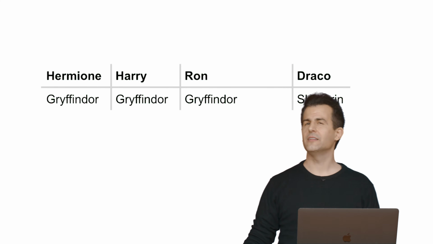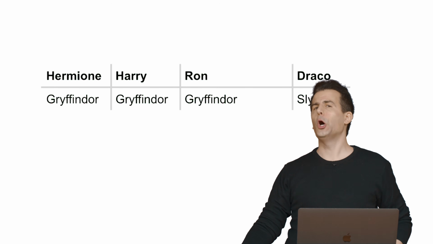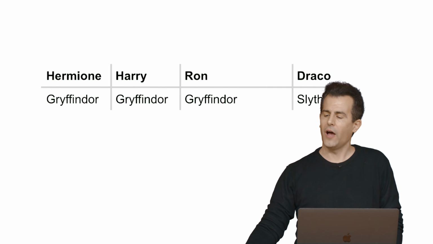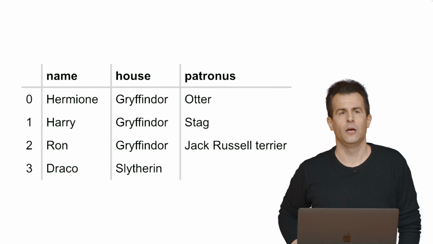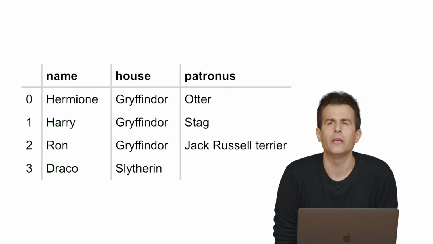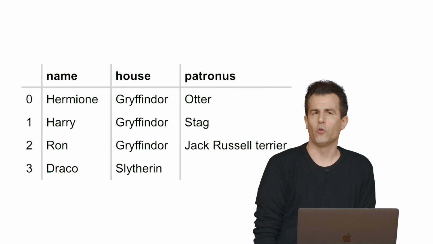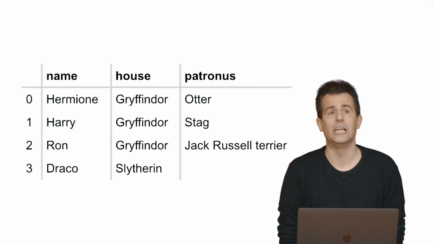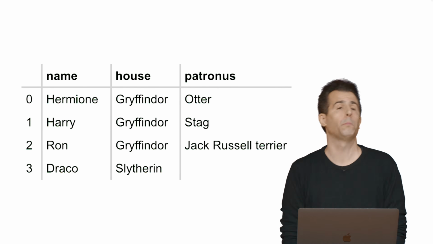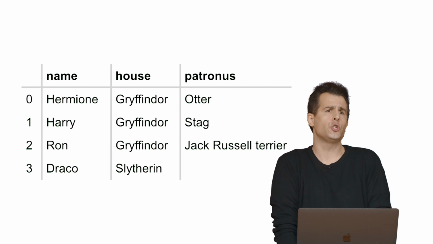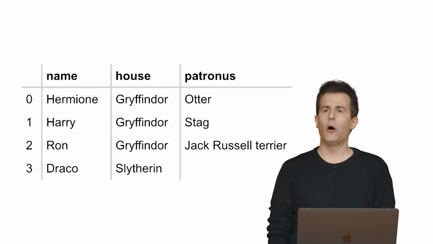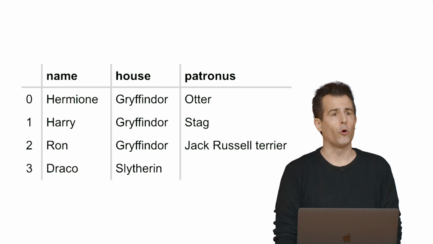At the risk of things escalating a little bit, let me propose that we continue the story with one final Hogwarts example like this. What if we have more information about each of our students? And this is kind of inevitable, right? If you're implementing a program that's a database with people or customers or employees or anything else, you can imagine having a lot of data about anything you're representing in your program here.